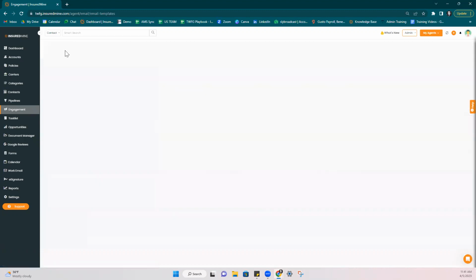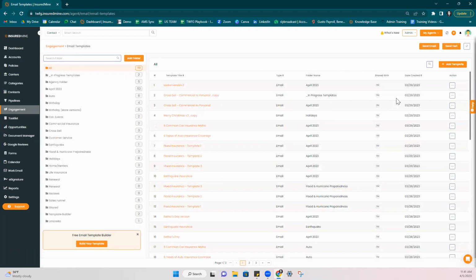Yeah, so April 2023. You're getting 52 more templates dropped into your account by the end of this week. Again, it's a manual process. We have to do it one account at a time. So it takes a bit of time, but the first week of every month is when you'll get a new